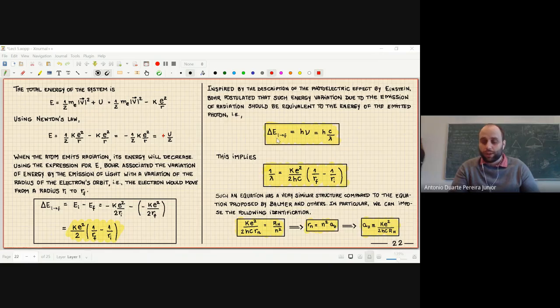So when you change the energy from an initial state to a final state, if you change from an outer orbit towards the center of the atom, then the change in the energy was h nu. So I will stop here for the break and continue the discussion. But there is a question in the chat. Let me look at it.